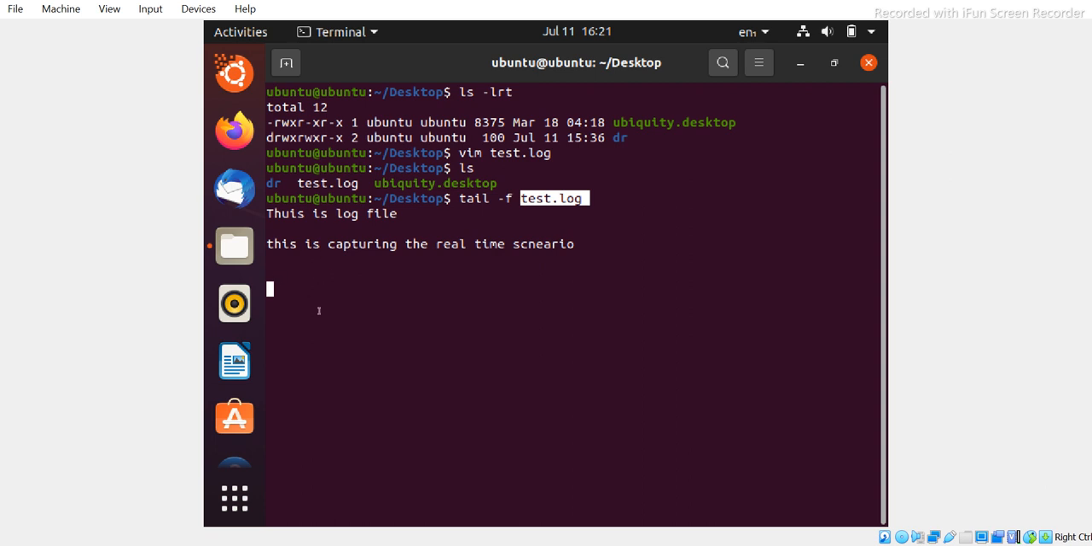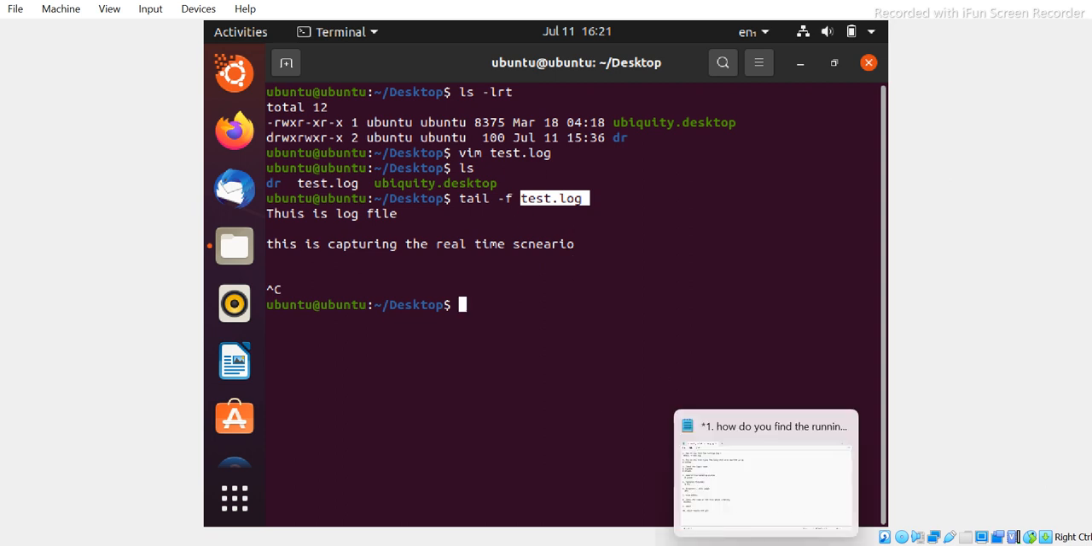That's why it is still waiting here, right? So let me come out of it. So Ctrl+C, I came out, okay? So hope you are able to know, right? If you want to check the logs which are running, then you can use tail -f